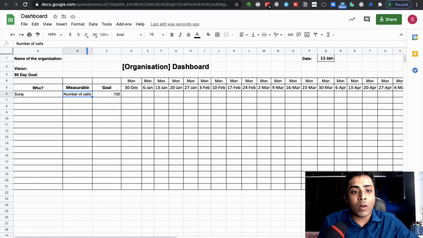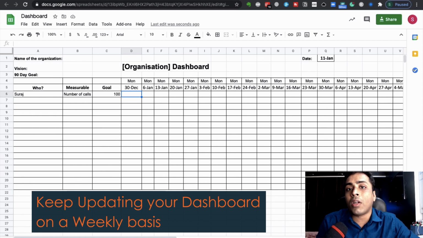And you write down in this measurable column all the important numbers that you want to track for your business. So what numbers can you track? I have seen that for my clients, some of the measurables that they track include receivables, compliances, expenses that are paid. So once you write down the measurables, you write down the goals in this column and you write down the person responsible for achieving this goal. And once you make this, you need to update this on a weekly basis.